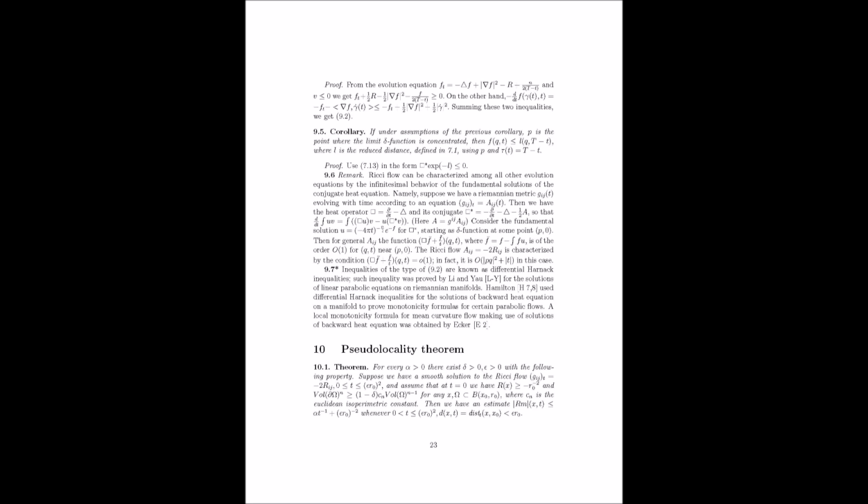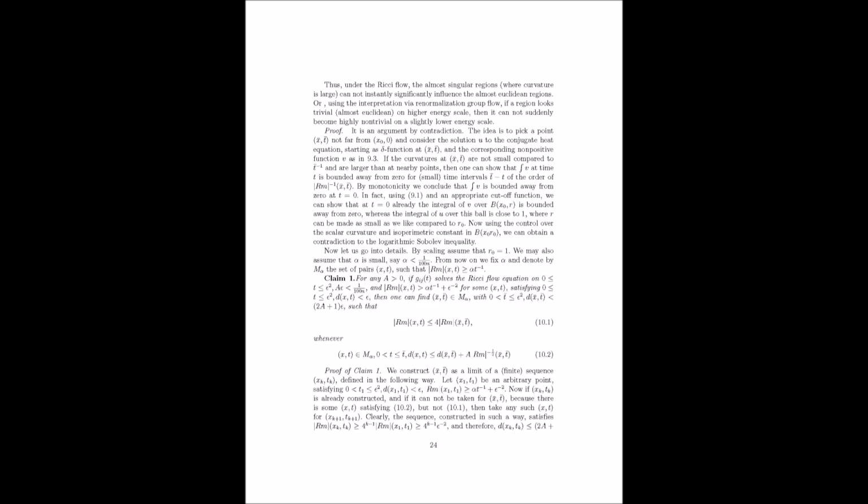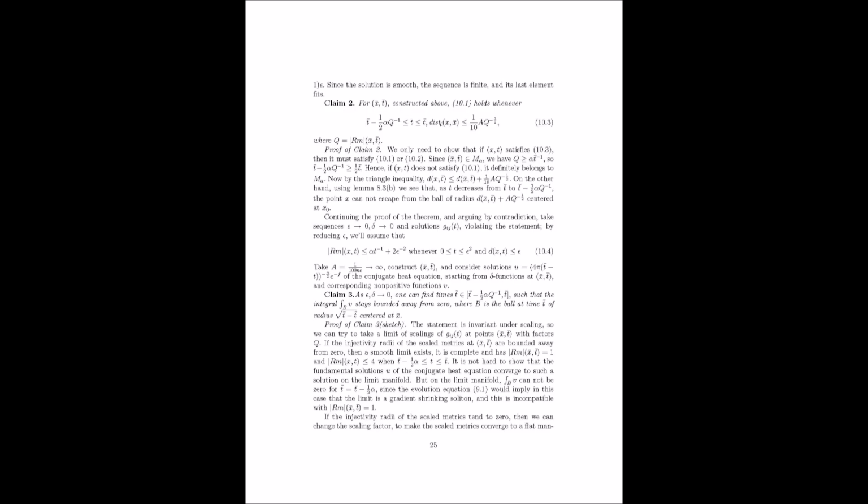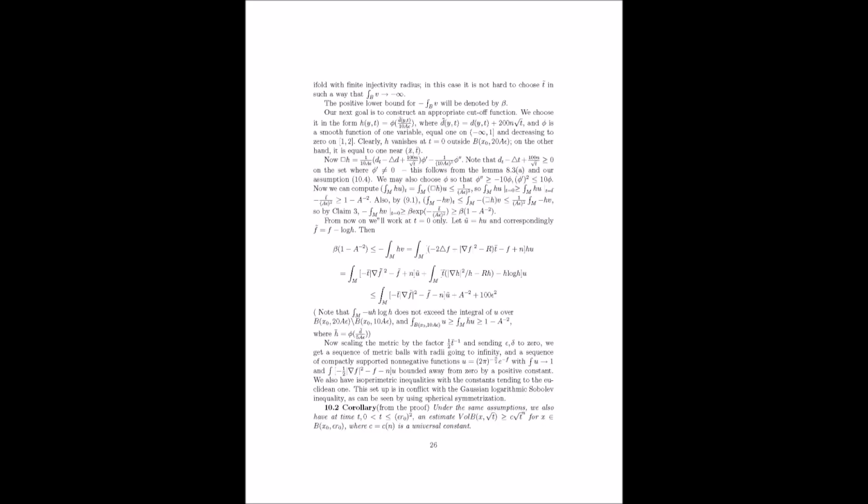And then in sections 10 through 13, he really focuses on three-dimensional manifolds. This is the part that's really important for the Poincaré conjecture. He introduces these things called ancient solutions. Ancient solutions? Is he going back to the beginning of time or something? No, not quite. Ancient just means these solutions exist for all past time.